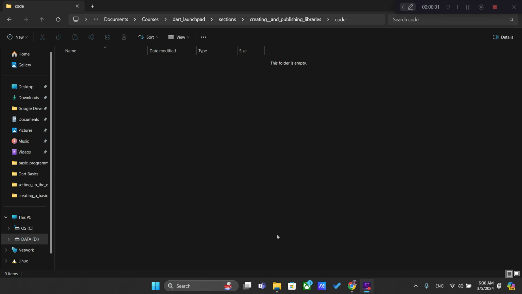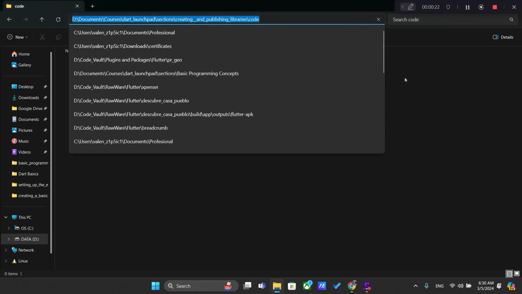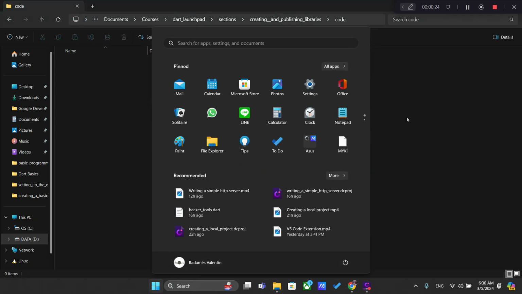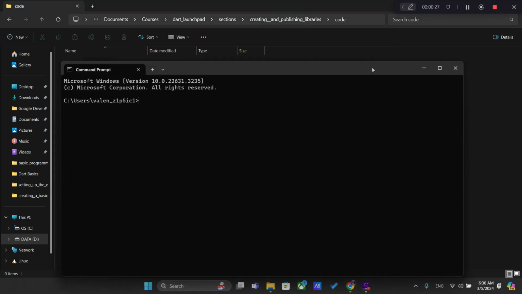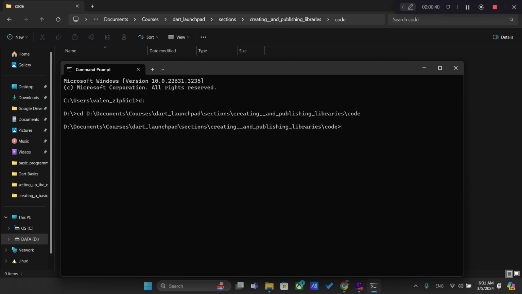To create a library, we do exactly the same as we did before for creating a normal project to build a server, which is creating a folder in which you want to place your project, copying the path, going to the command line, using the change directory command to move inside the folder,